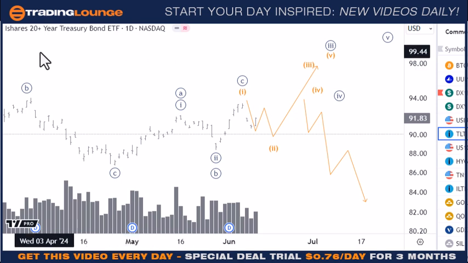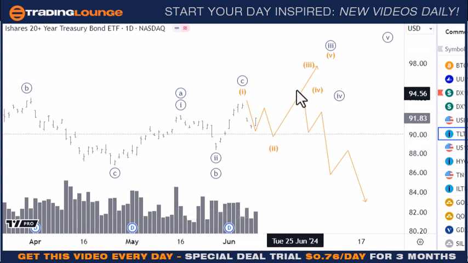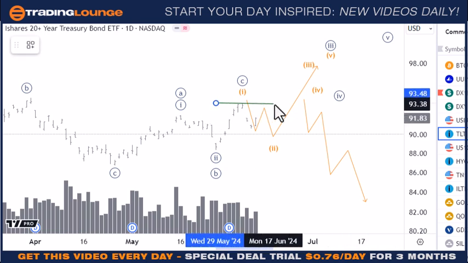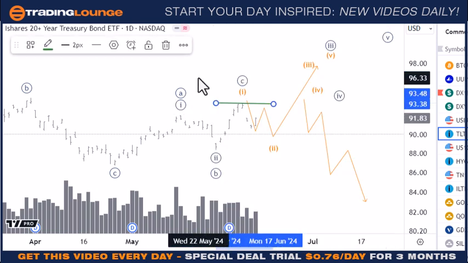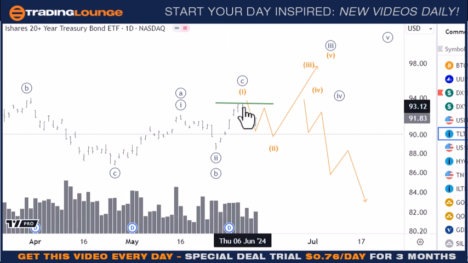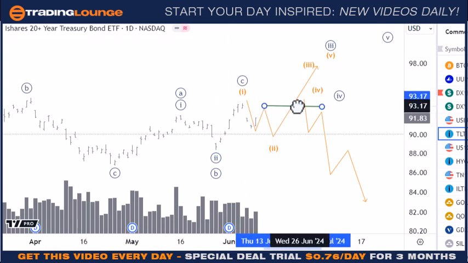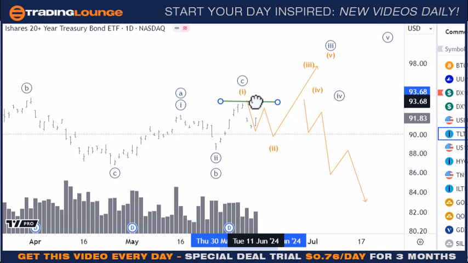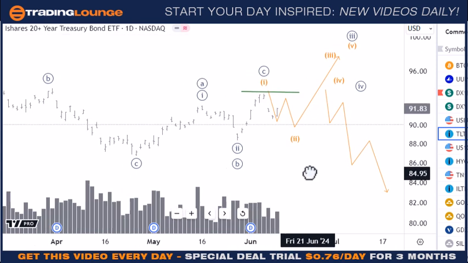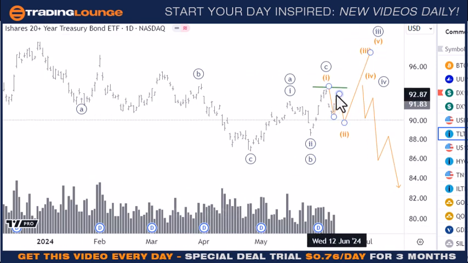So it's just the previous structure that would suggest that we're going up here further, but we need evidence of that. So we'll need a nice clean break above that top there. Or later on, we might be able to use the second high, all of the normal stuff that we do. So if the bonds are doing this, and we've got the alternative count coming down here,